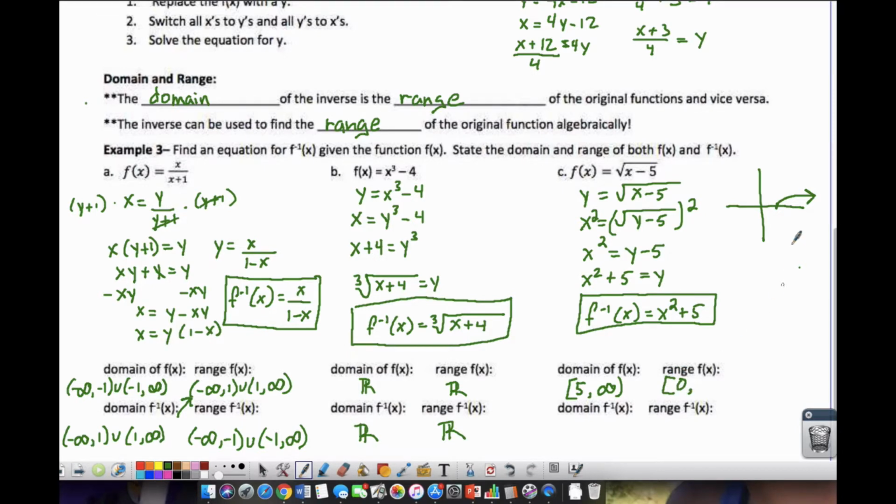We don't have any values below 0, and it does go to infinity. For all even roots, that is true. So then if I were to graph, I'm going to change my colors here. This right here, x squared plus 5, starts up here at 5, and we know it to look like this. But when we're talking about an inverse function, this is the inverse, but only